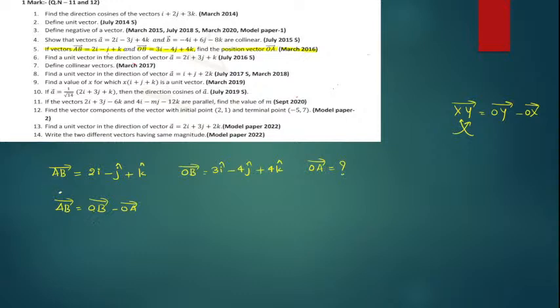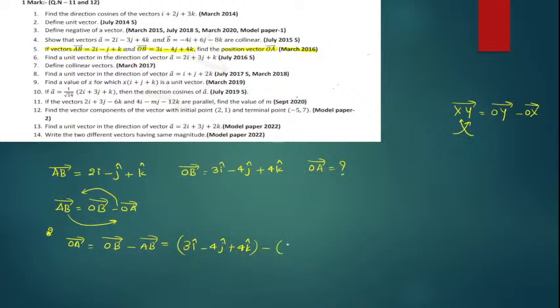And the AB vector is already provided. Please keep the values there. AB vector is provided, OB is given, OA is not given. We need OA vector. So shift this OA here and AB to this side. So we will get OA vector is equal to OB vector minus AB vector. We know OB is already given, that is 3i minus 4j plus 4k